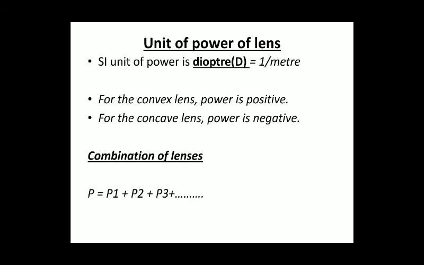Right? One more last formula that is given in the box actually. If 2-3 lenses are there and they are placed in contact with each other, very close to each other, then that particular combination will behave like a converging or a diverging lens. So to find the net power of that combination, it is given by P is equal to P1 plus P2 plus P3. Right? And after that you can calculate the focal length of that combination.